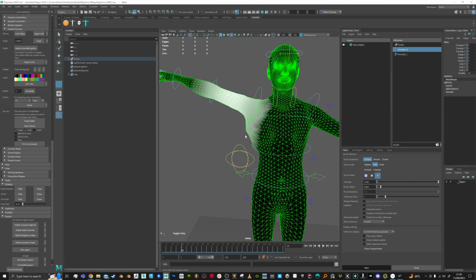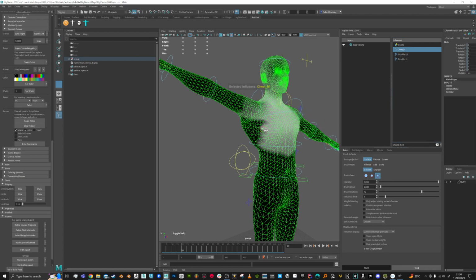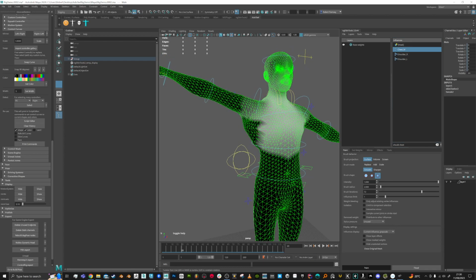Okay, so there are different things we can do. We could choose the smooth brush. In fact, I'm also going to pick, I think it's the chest, because that's one of the weights that I want to influence here. And I'm going to add a small value, hold down B and right click, right drag, and we'll get this brush. And let's see, I'm on the chest, so I want to add paint. So I'm going to add a small intensity to